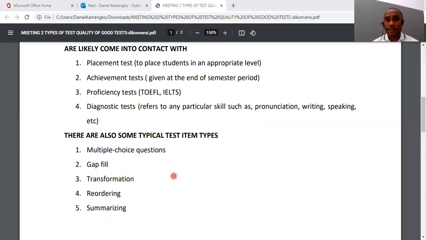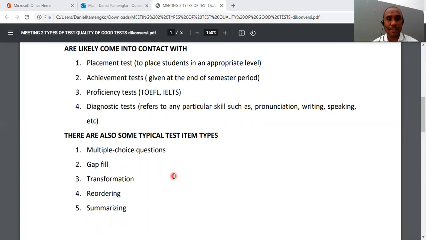All right, so gap fill. Gap fill is mostly, in English, for example, you have a paragraph, and then you have to put the words into the paragraph, okay? And transformation. Transformation is like you have kinds of sentences, and you transform them to the correct one, okay?